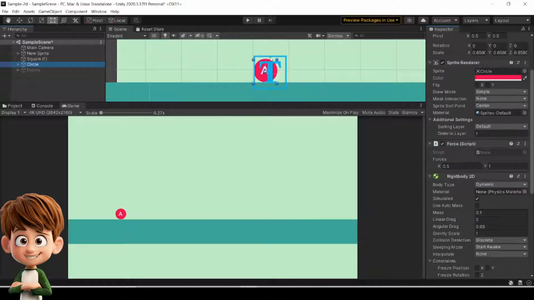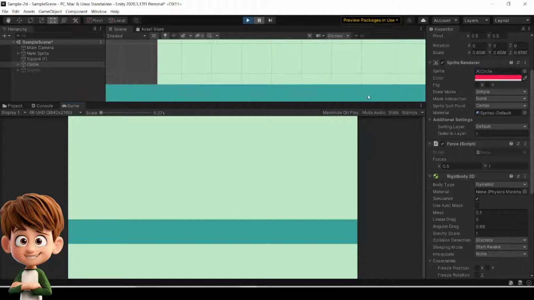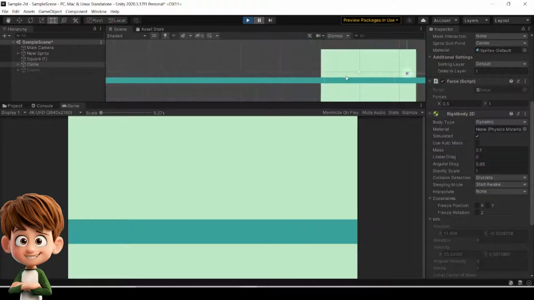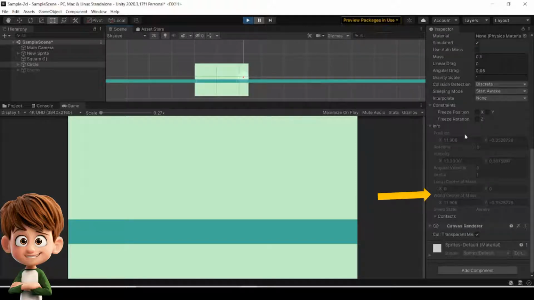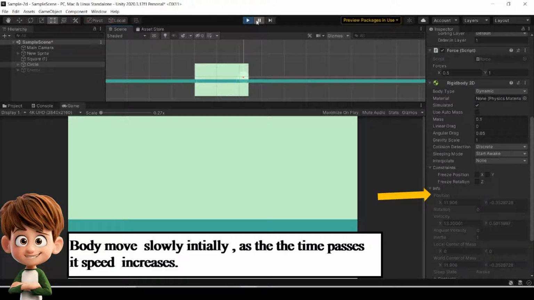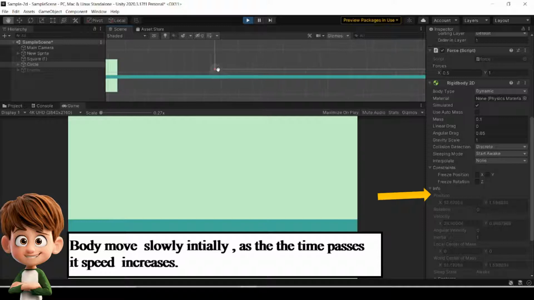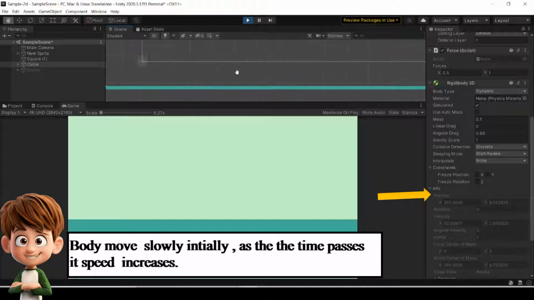Now we are going to see how our force acts in Unity. So here you see our object moves slowly and a force is applied slowly with the help of the mass, which means we are pulling an object at a slow speed. Now after some time speed increases. Now we are going to zoom out and see how much speed increases and the position also changes. You can check in the rigid body information. So as you see our speed increases and the position of y also changes with time.